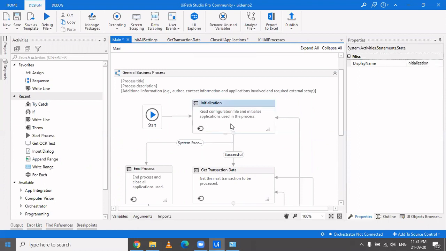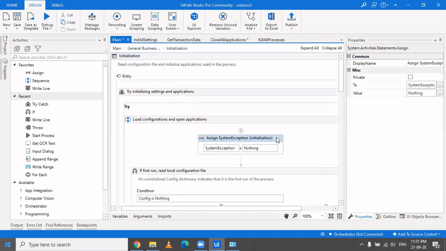Because you are retrying, you have to make it nothing. Then only you can start afresh, because if you're already having an exception stored, then there is no point of retrying. It's like you got an exception, you made it nothing, you made it empty, that I've got no exception, and retry it again. It's like starting afresh. So that's why we set system exception to nothing.